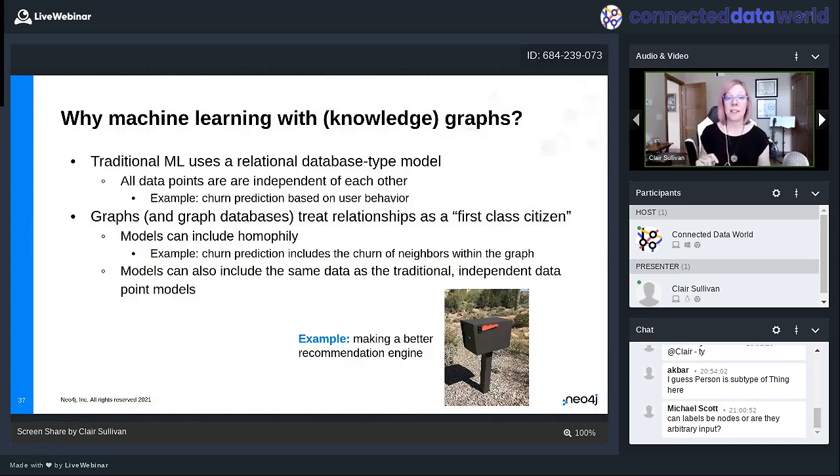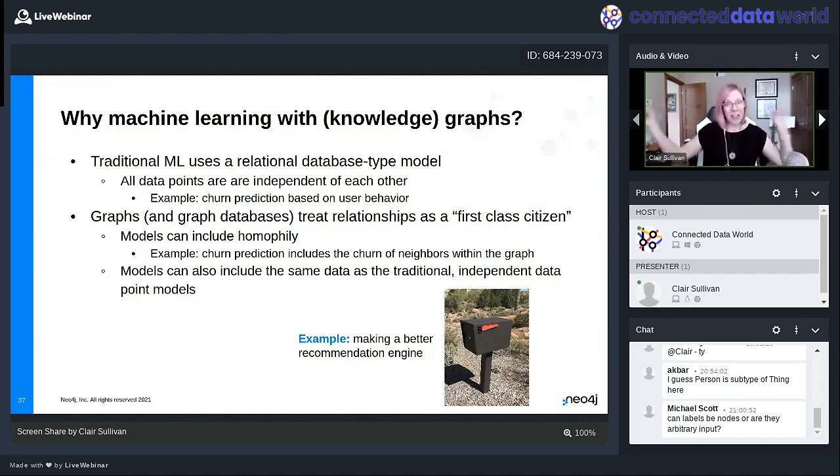Now, this is a true example, okay? I have not made this one up. This is for real. Big box hardware store that shall remain unnamed. They said, hey, Claire, you should purchase a mailbox because it looks like you're getting towards the end of your build, and people who are building houses usually towards the end of the build buy a mailbox. But I didn't. And why didn't I? Well, it turns out that where I live has no mail service. I have to go to a post office box in town to get my mail and my packages.